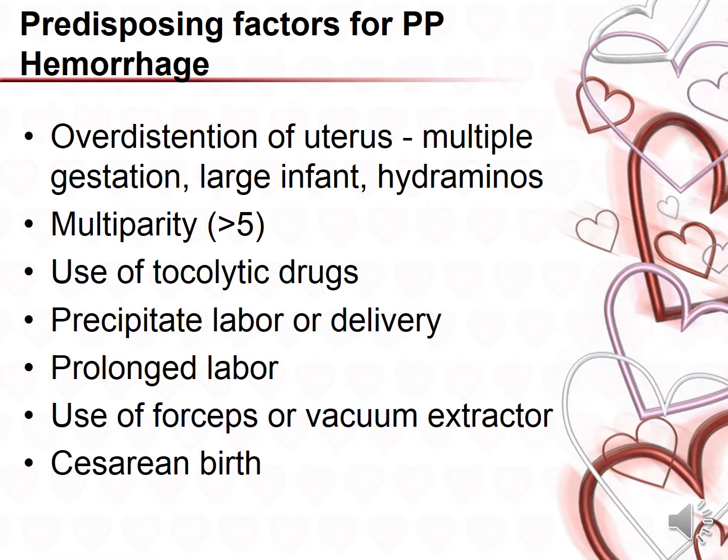Predisposing factors: an overdistended uterus, multiple gestations, a large infant, hydramnios. If she's multiparity, if she's been pregnant more than 5 times, our use of tocolytic drugs, oxytocin. If she's had a precipitate labor or delivery, that means a fast labor, one that starts really fast, or a delivery that is really fast. Or if she's had a prolonged labor, if we've used forceps or a vacuum extractor, if she's had a cesarean birth,